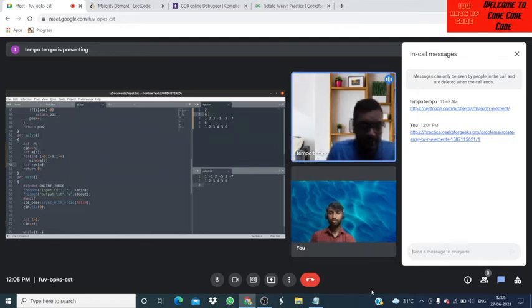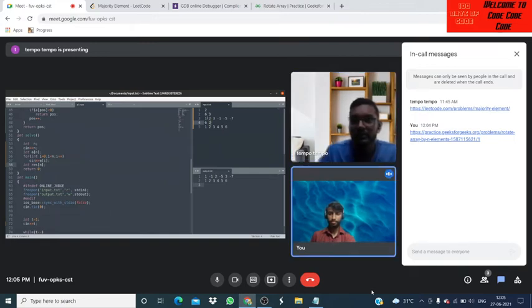Suppose n is size 6 and d is 3, and in this case n is size 6 and d is 2. Okay, so I'll create a result array. Now we are at position 0, right? 0 minus 3 plus 6 modulus 6. What we have to do is a counterclockwise shift.